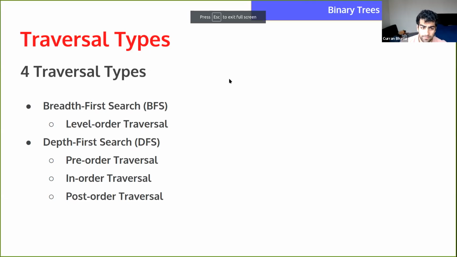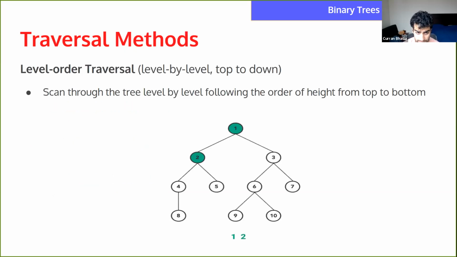Awesome. So basically, there are 4 types of traversals that we're going to talk about when it comes to binary trees. There are 2 types in terms of what kind of traversals they are: breadth first search and depth first search, and we'll go over those algorithms specifically later. But for now, we're just going to talk about these traversal types, such as level order, pre-order, in order, and post order. And hopefully the visual representations will give you a good understanding of what's going on.